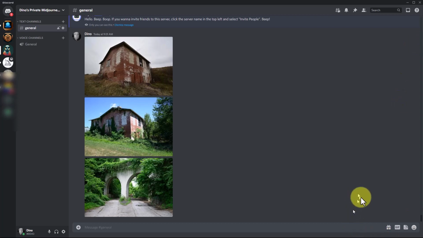So I'm in Discord right now because Discord is how you interface with Midjourney, although they are creating a web interface as well. What I've done is I've uploaded in Discord these 3 images that I took, and the way I did that is I went down here and I went to upload file. I selected an image and uploaded it into Discord, and the reason I did that is because it's an easy way to get a